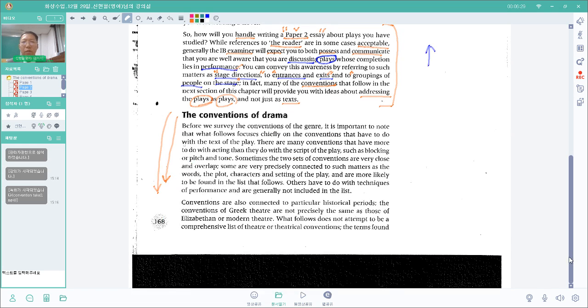And the conventions of drama. Before we survey the conventions of the genre, it is important to note that what follows focuses chiefly on the conventions that have to do with the text of the play. So the conventions, or the traditions, or the techniques of drama